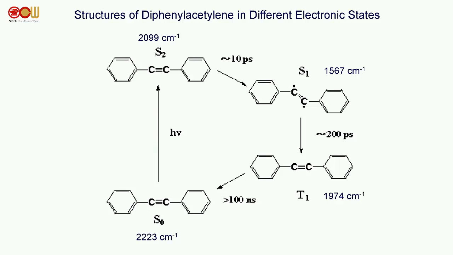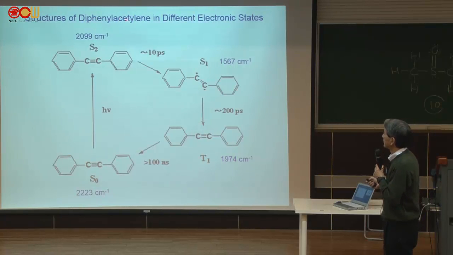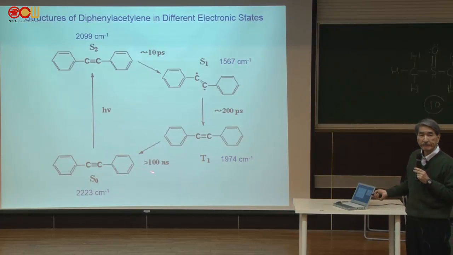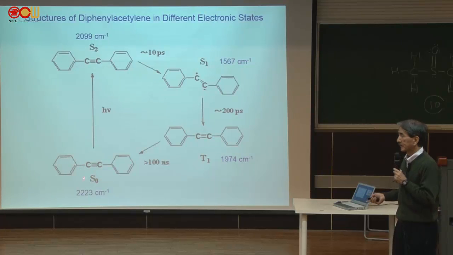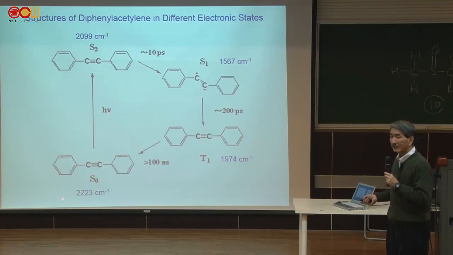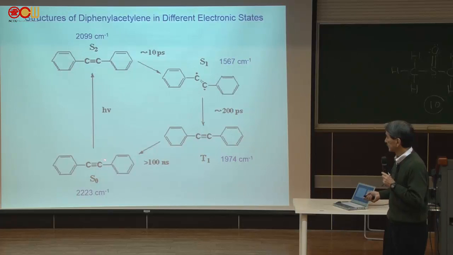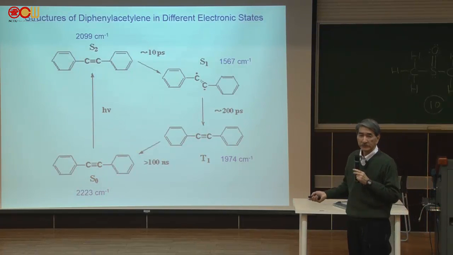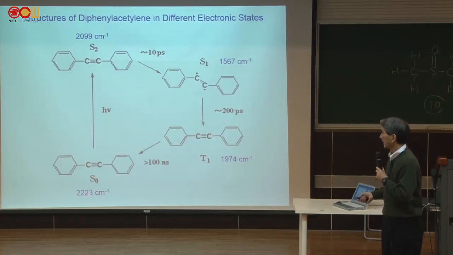So this is one example that should be of interest to you. This is a result of time-resolved Raman spectroscopy to elucidate the structure of the molecule called diphenylacetylene. And if you do Raman spectroscopy of the ground state, S0 state of diphenylacetylene, this CC triple bond gives the wave number at